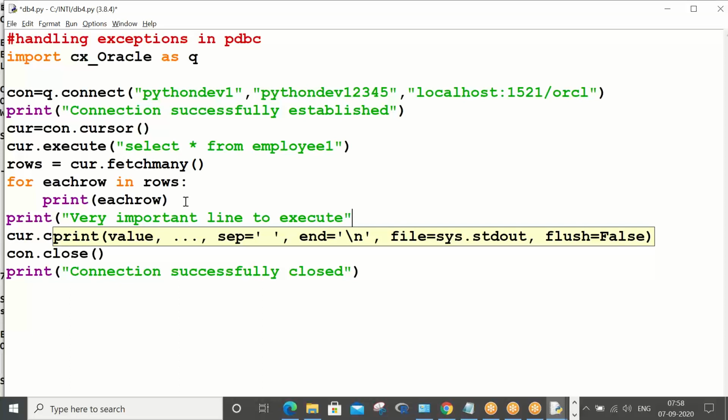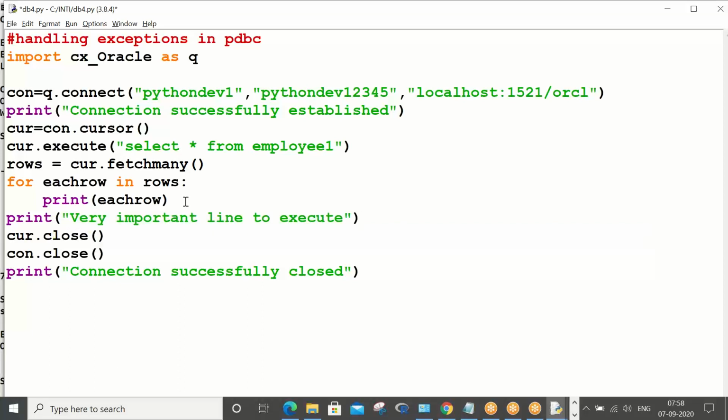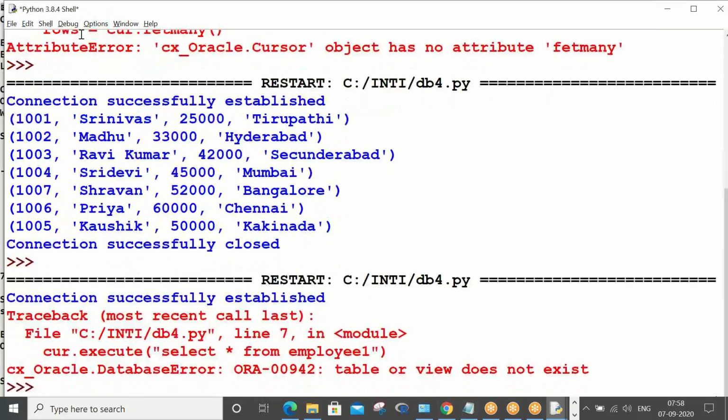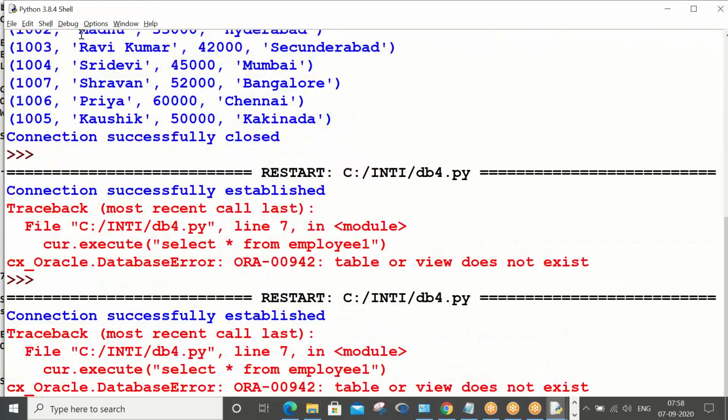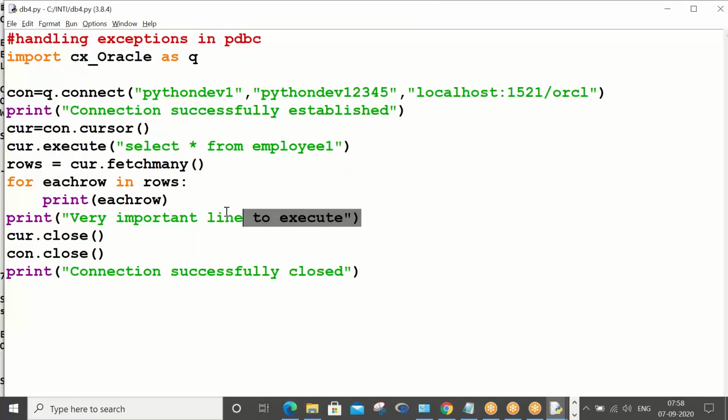Now you'll understand. Control S, run module. You see, did the very important line get executed or not? No. In the sense, what is the observation? When this line did not get executed, obviously the below lines also have not got executed.